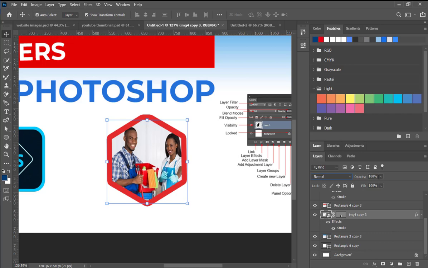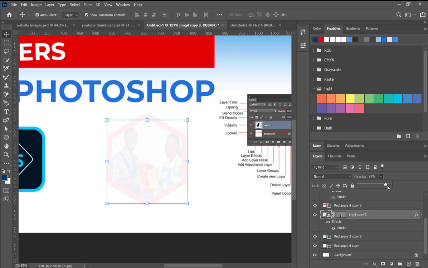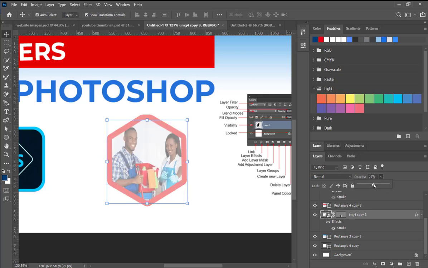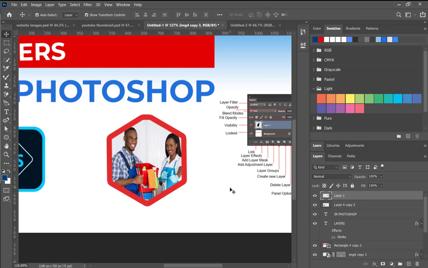Then we have the opacity. The opacity enables you to toggle around using this bar to check on the opacity of the layer. Then we have the fill. You can control the fill, whether you want it to be 100% or maybe 50%, whatever you want. Then below here we have this first icon here that enables you to link